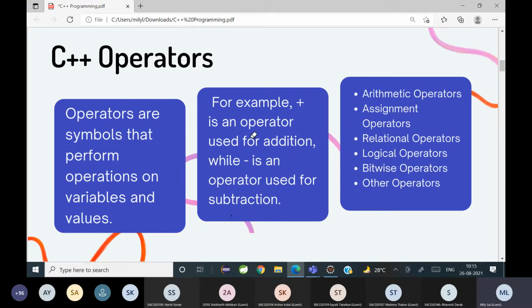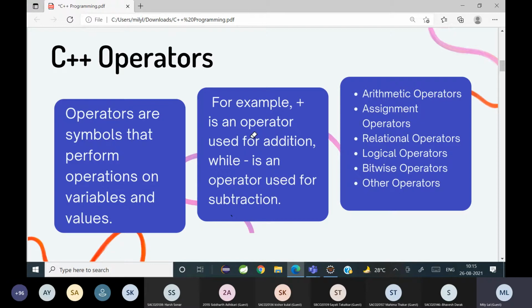So A is a variable and 10 is a value. So operators are symbols that perform operations on variables and values. For example, plus is an operator used for addition, while minus is an operator for subtraction. There are different types of operators: arithmetic operators, assignment operators, relational operators, logical operators, bitwise operators, and some exceptional operators which we can put into other operators.